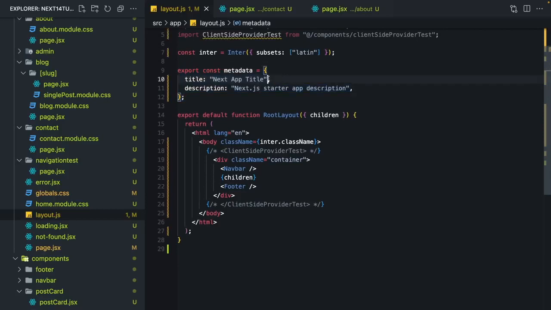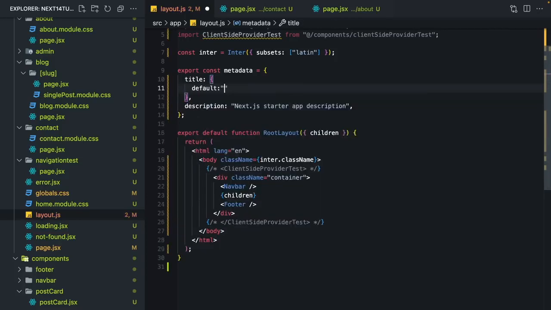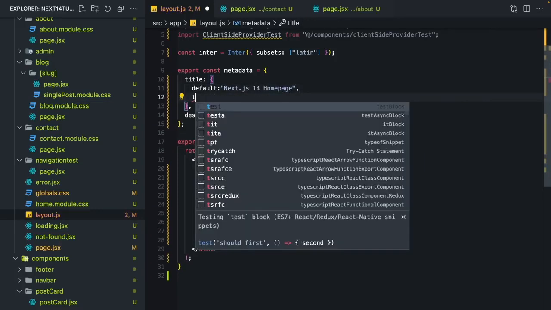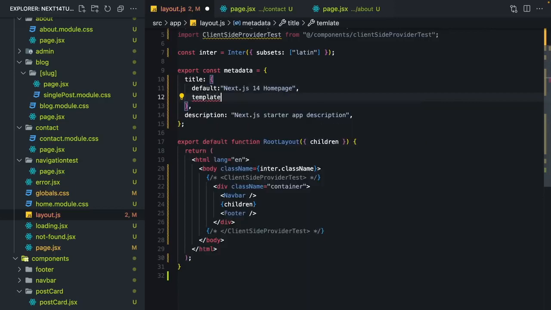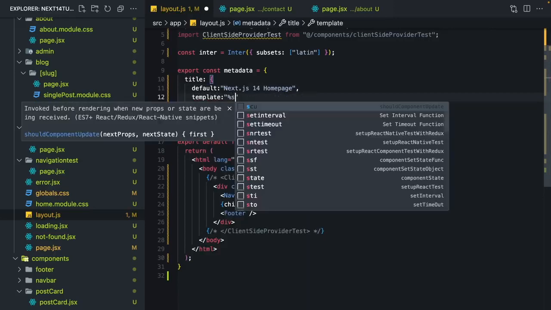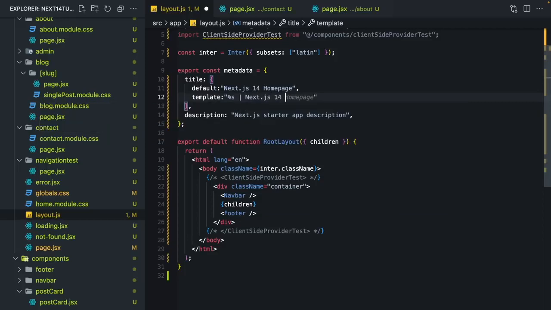And instead of this text, I'm going to create here an object, and I will say by default, it's going to be Next.js 14 homepage. And also I'm going to create here a template, and I will use %s, and let's say Next.js 14,